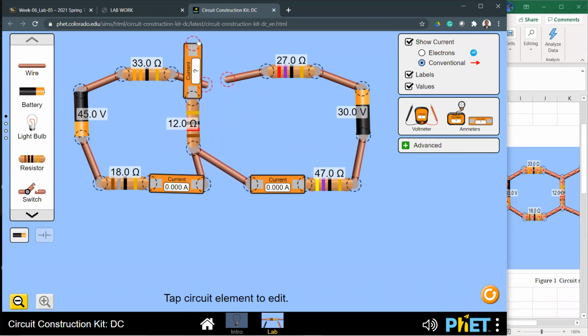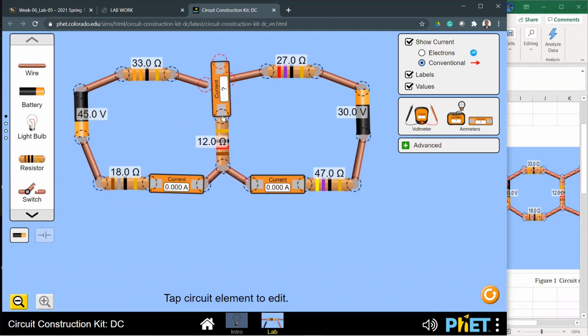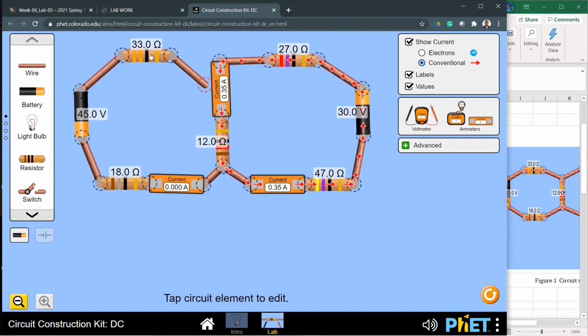You need to rearrange the shape, okay, otherwise the circuit looks ugly. So make sure it's a nice symmetric shape. Let's connect this part here, and then let's connect this part to the top a little bit. All right, now that's the current passing through this resistor, right? About 0.34. That should then be I3,